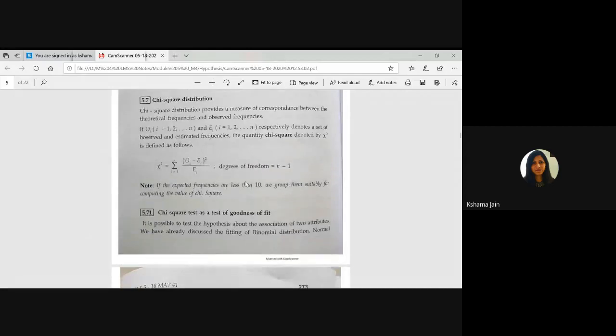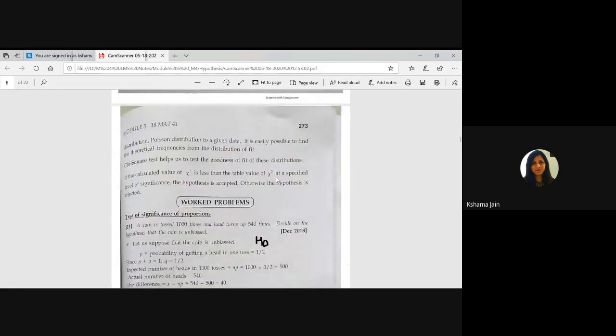Chi-square is equal to, just you need to remember this formula, that we are having discrete data. So discrete data means you will be having two data, three data, four data. So from first to last data, Oi, your work is we will make a table. Some observed data is already given. Estimated frequency we will count. In the third column we will make O minus E, observed minus estimated, take a square, divided by Ei. Degree of freedom is always n minus 1. That's it. And if the expected frequencies are small, we group them suitably. Okay. So this is the theory. You can read it out later. Just you need to remember the formulas.